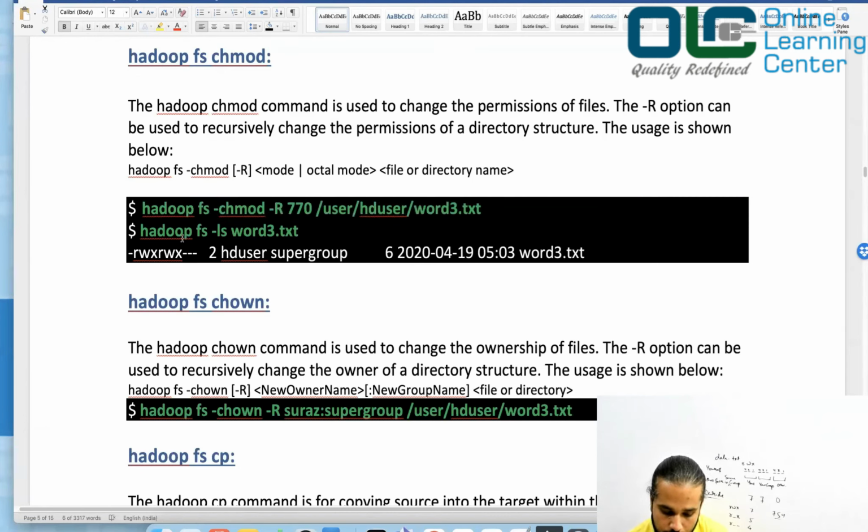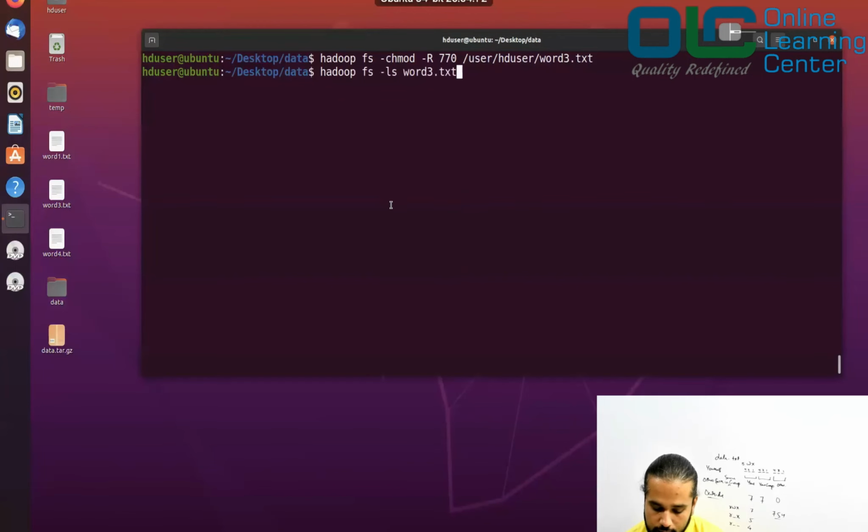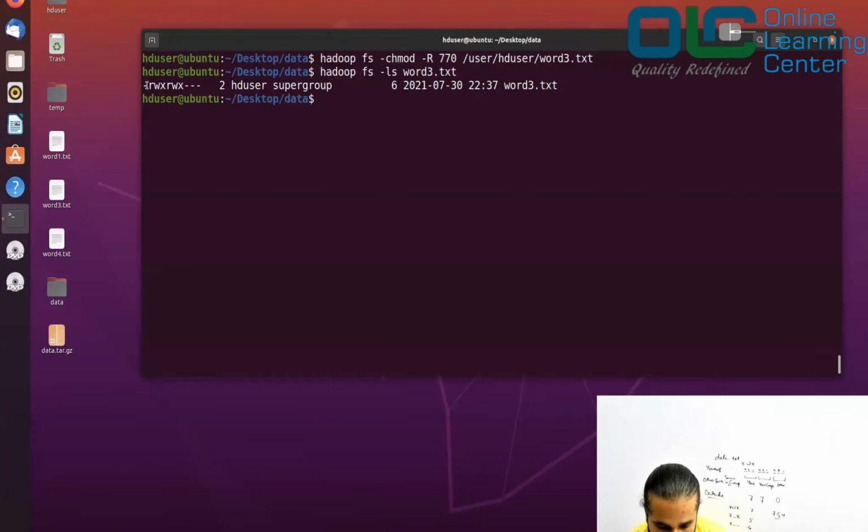Now, once you're done, you just try to check the status by saying hadoop fs -ls, okay? And when you do that, you can see the first hyphen is basically for directory or file. If it is a file, it shows you a hyphen. If it is a directory, then it will show you D, right? Apart from that, if you see the first group permission, see 7, right? So 7 means what? 1, 2, 4. Everything should be on. RWX, everything is on, right?